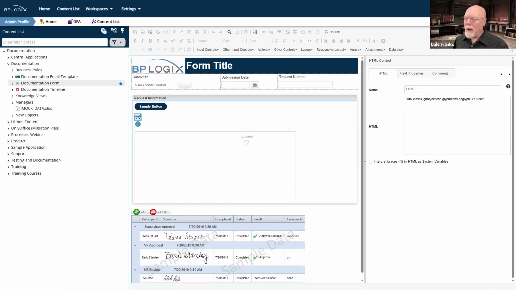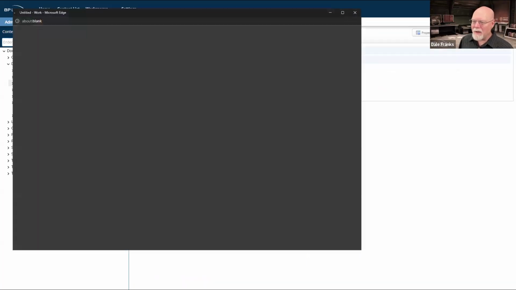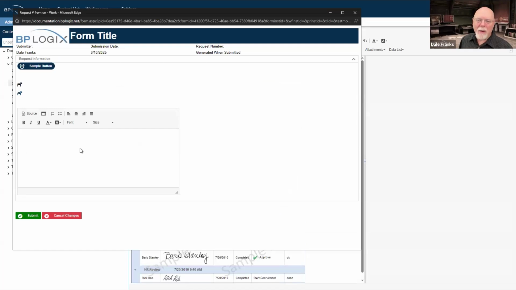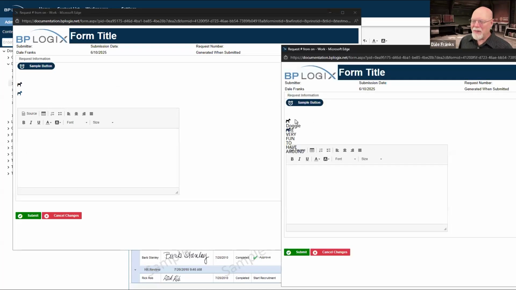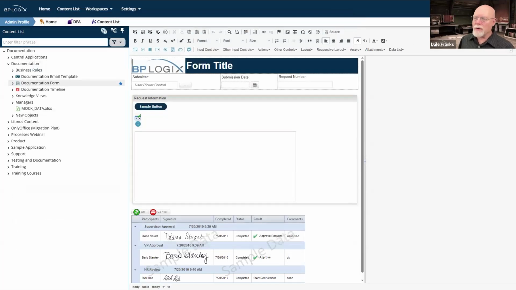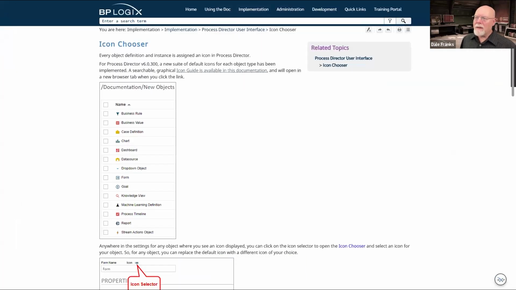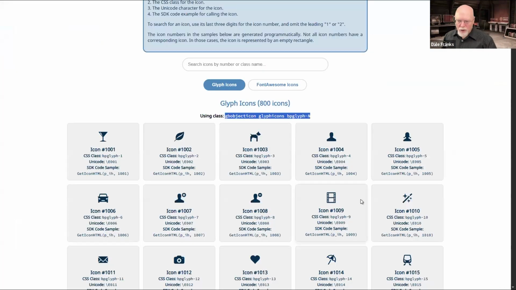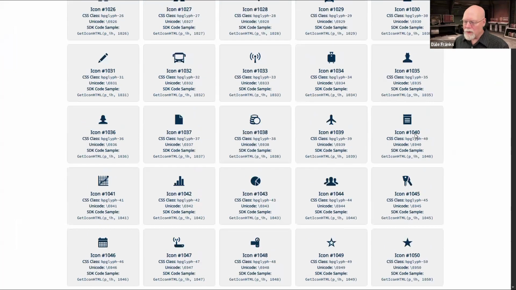And we can go back to the status quo ante simply by saving our form. I think I hit save and run. So there we are. Now we're back to the status quo ante. But you can just use those classes to call those icons inside the online form designer. And that's what this enables you to do, to figure out what the basic class structure is to be able to call those icons.